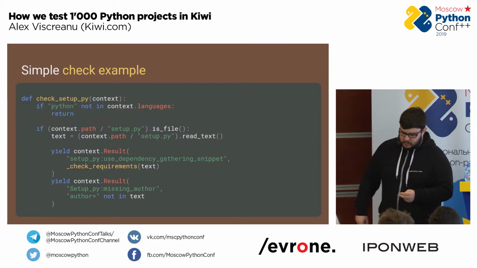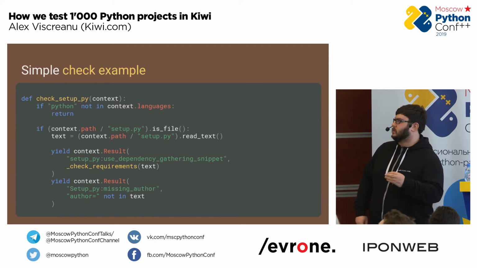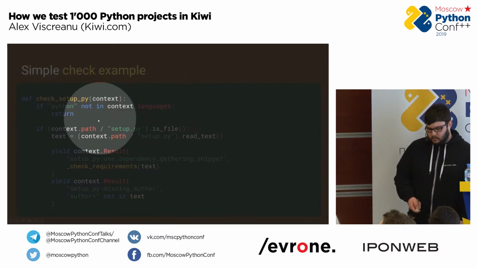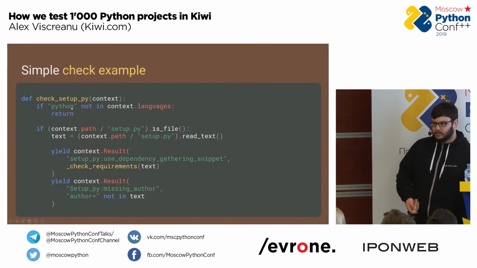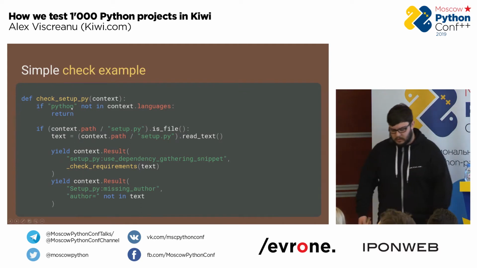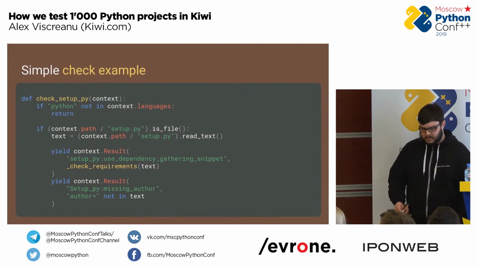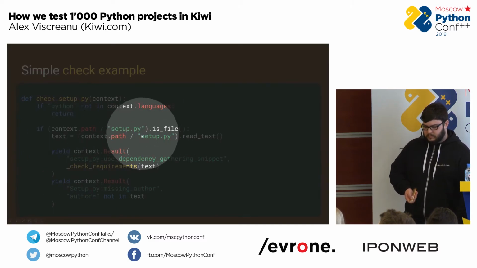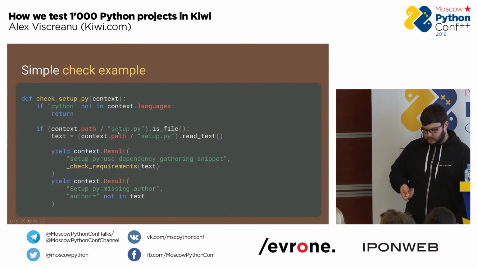And this is a really small, simple example of how a check looks. This is a simplified part of one of our checks, which is for the setup.py file. In this case, we filter out non-Python repositories because it doesn't make sense. Those repositories don't usually have setup.py files. Then we only try to scan if the setup.py file actually exists. And we are reporting 2 issues right now, which is first that